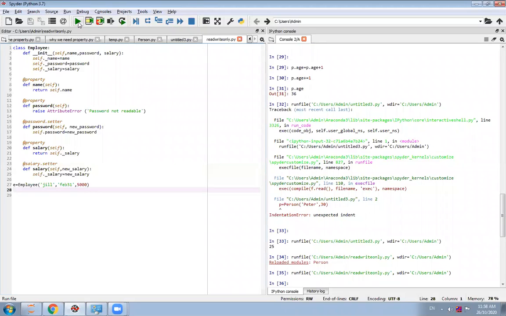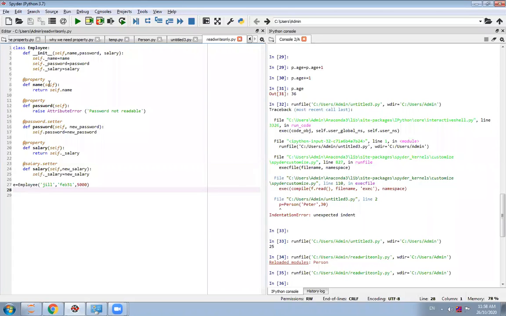So here, in this program, you can easily understand from our previous discussion. Here, we have defined three properties: name, password, and salary. Three attributes you can say. Mainly here, we have used three properties. For this first property, if you see, we only define the getter method here.